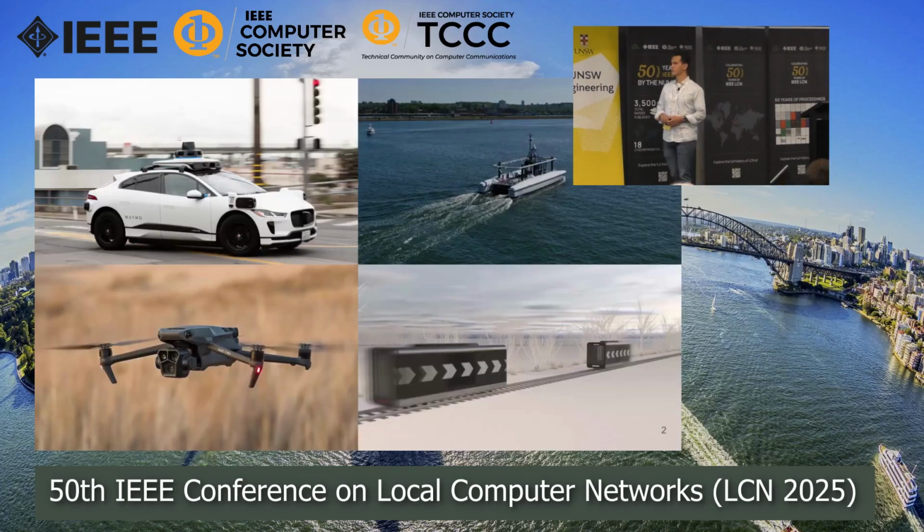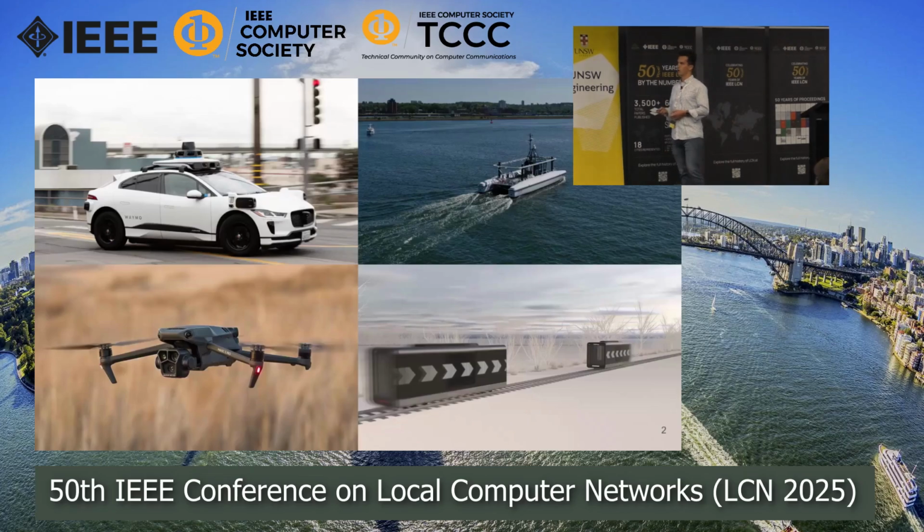So in the recent years, we have an increasing number of autonomous and remotely controlled devices. For example, they can be cars, they can be ferries, they can be drones, or maybe some fancy-looking next-generation trains. And then, most of the time, these are focused on using the uplink part of the network connection because we want to send maybe video traffic, maybe we want to send some data for the control because we want to do remote monitoring or remote control where the uplink is the most important part of the network.